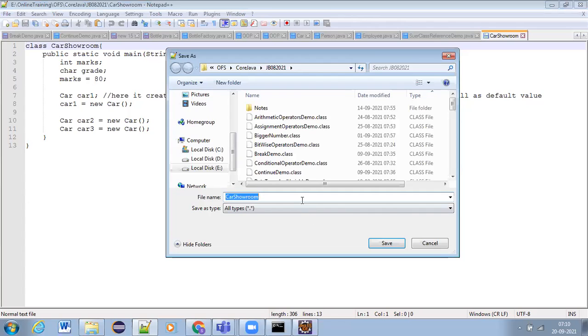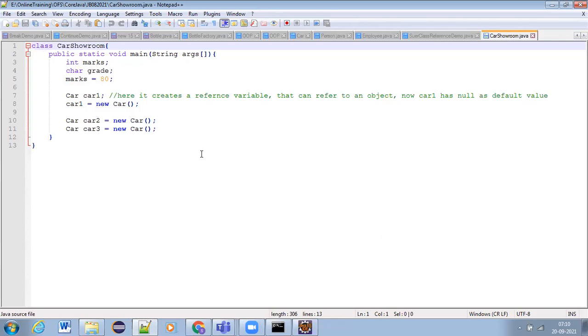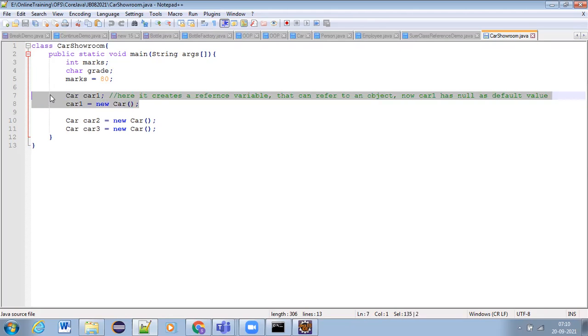Save as .java. Now, here what is happening? Very important points, guys. You need to remember.